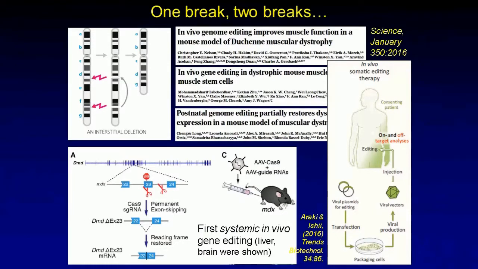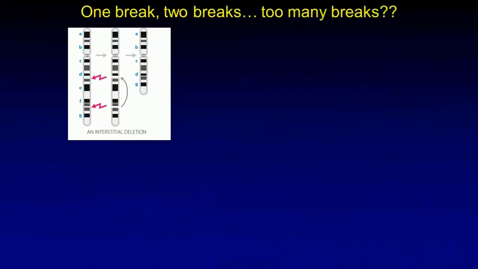And as you can imagine, that entails a different kind of set of risks and might demand that the nuclease that's put in not only be very efficient at cutting the DNA, but also have very low off-target effects. Now, off-target effects can be thought of in a couple of ways. Most people, when they think about off-target effects, might think that if my nuclease cuts off target, it might mutate another gene. And that's true, but there's a more insidious way that off-target effects can have deleterious effects on the cell.